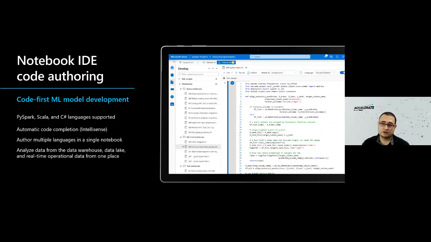So those of you who are familiar with SQL Server Management Studio or Visual Studio Code, you have that automated completion of your syntax, and it gives you hints. For example, if you want to read data from a table, it will give you the table name and the column names that are available within that table. So it really makes the development experience much better.